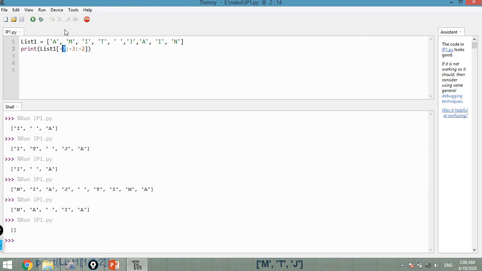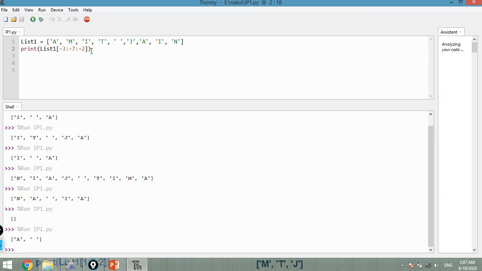If we write here -3 to -7, then we will get the correct result, A space. First it will select -3, then with a jump of 2 the space, then a jump of 2 gives I, but I is at -7.